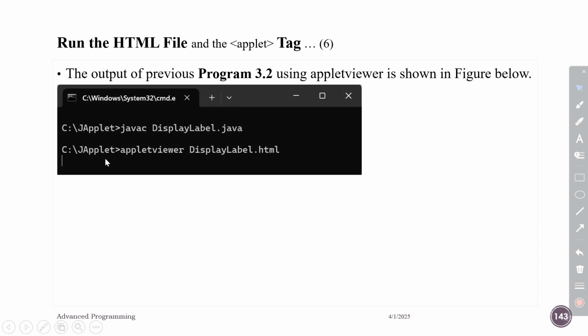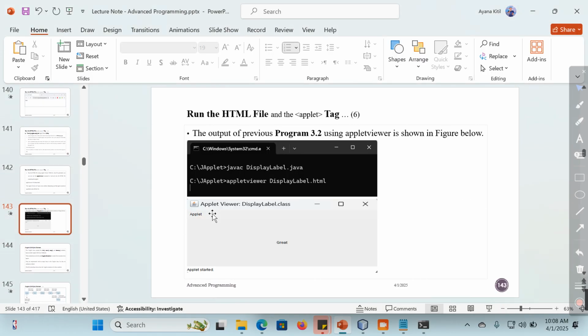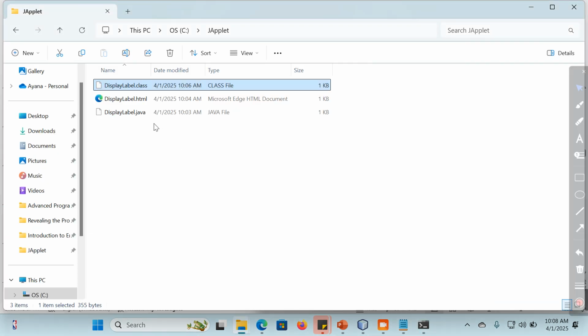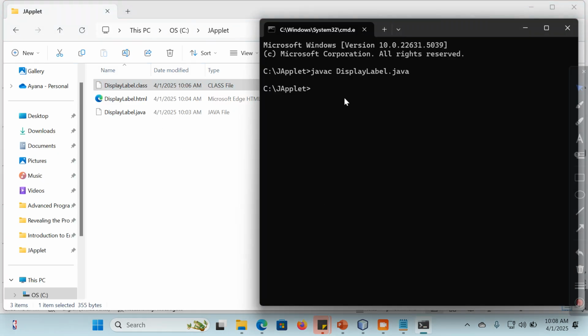At that time you are going to use javac display label.java, then appletviewer display label.html. So at that time you are going to find this message. The same way I'm going to do it. This is the way I'm going to do. Here what I will do, applet viewer,